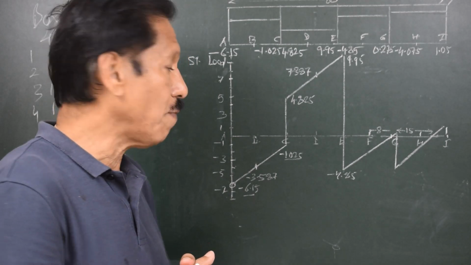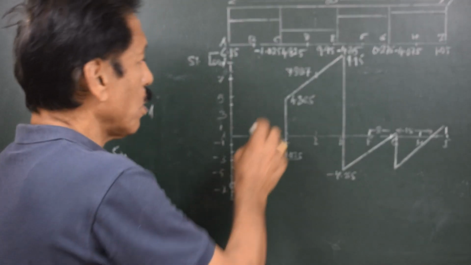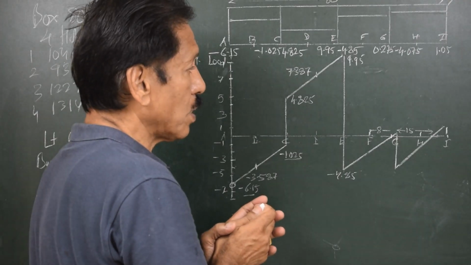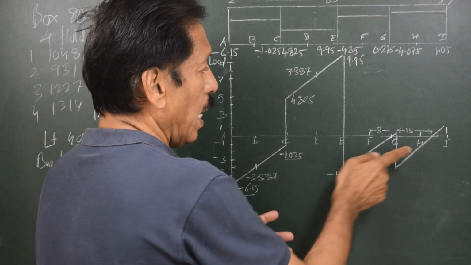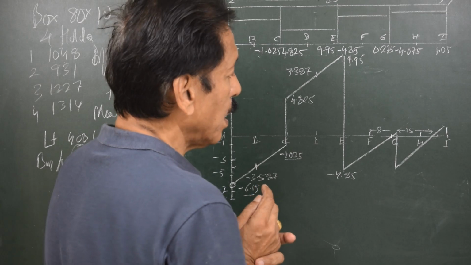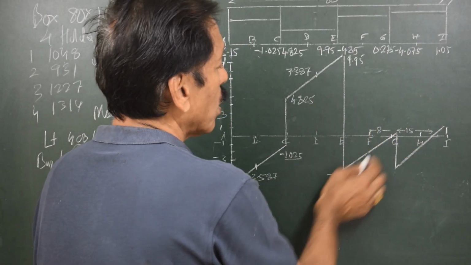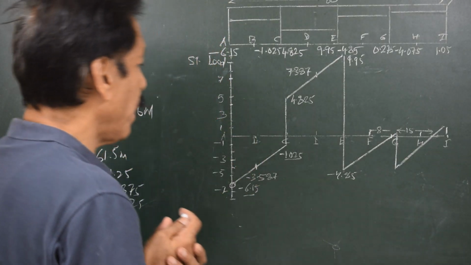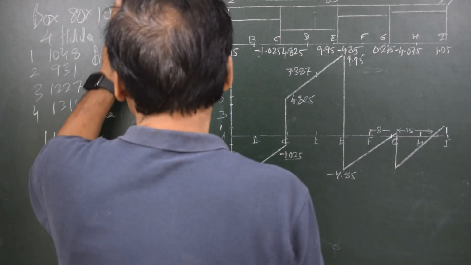the shear force curve will be curvilinear with the center of curvature up. Here also, in this region also, the load curve goes upwards. The center of curvature of the shear force curve will be up. Same thing over here and same thing over here, right? All through, the load curve is going upwards, so the shear force will have center of curvature upwards. Now to find out the shear force values,